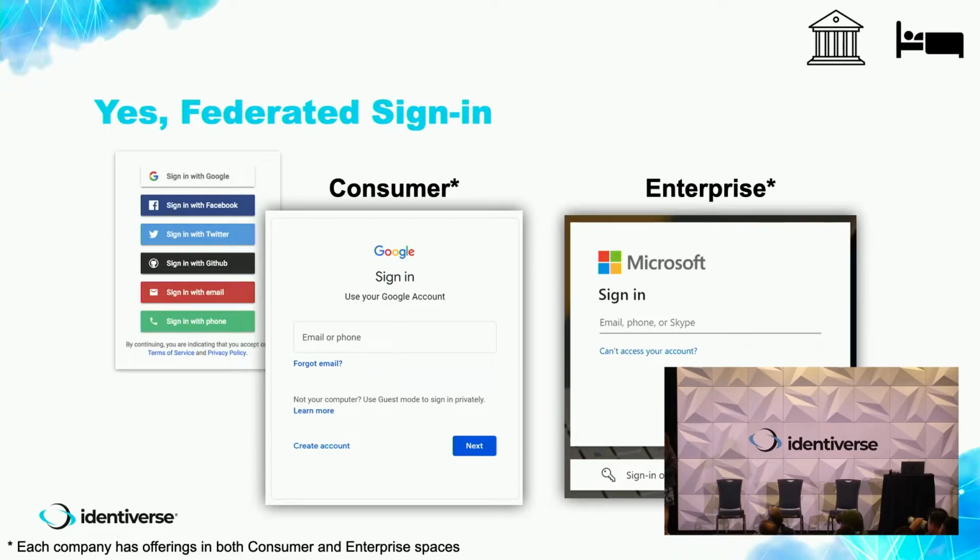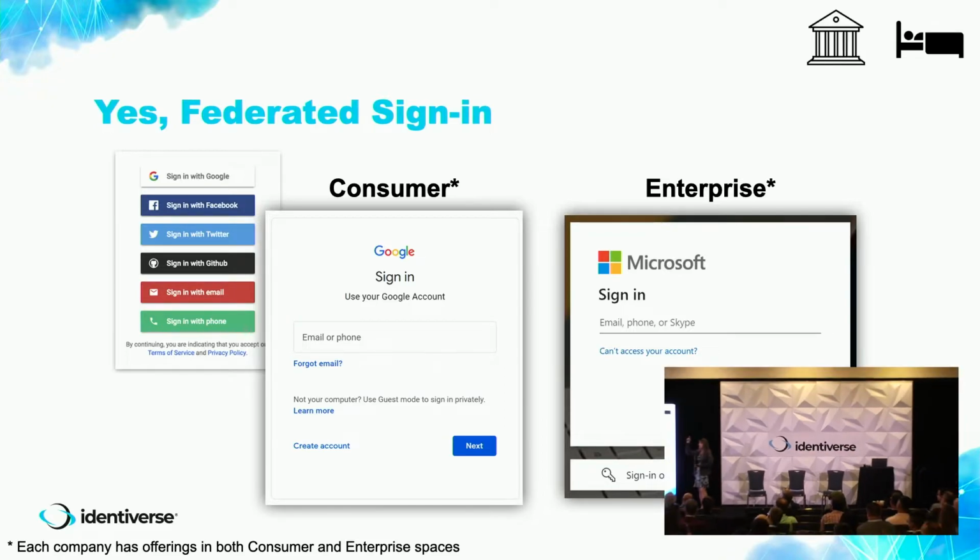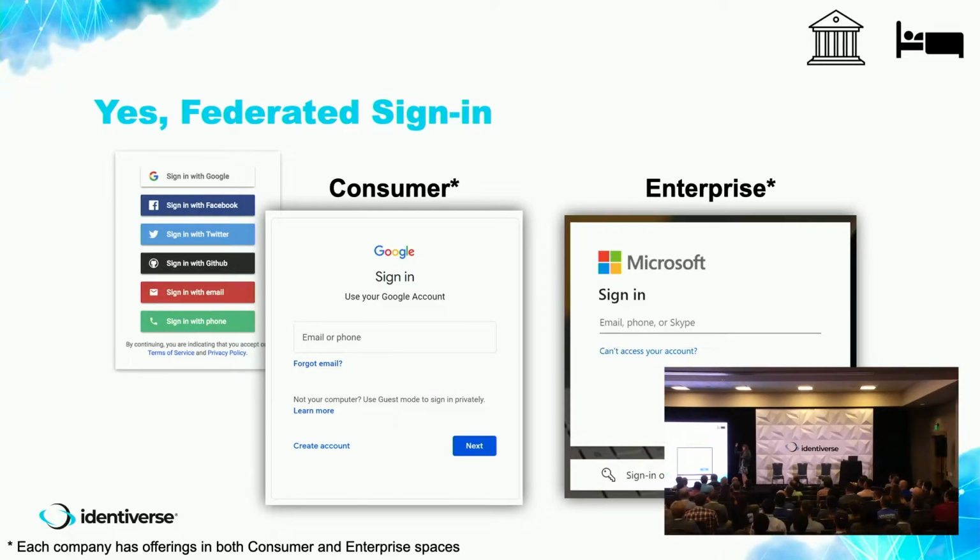So potentially I have to fly back again to Washington, go to the Department of Motor Vehicles in Washington State, so they can authenticate me. I can tell them I'm okay for them to share that credential with the hotel, and then I fly back to Colorado, and hopefully by the time I get here, the Department of Motor Vehicles has already shared the data directly from Washington to the hotel.